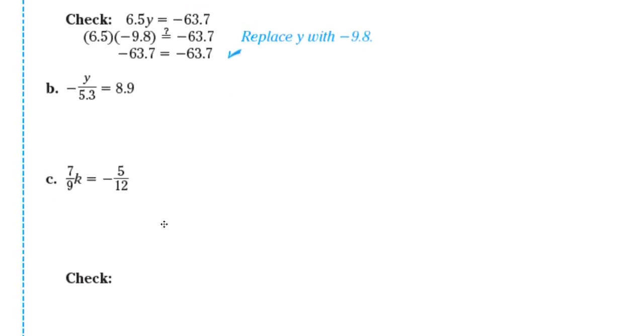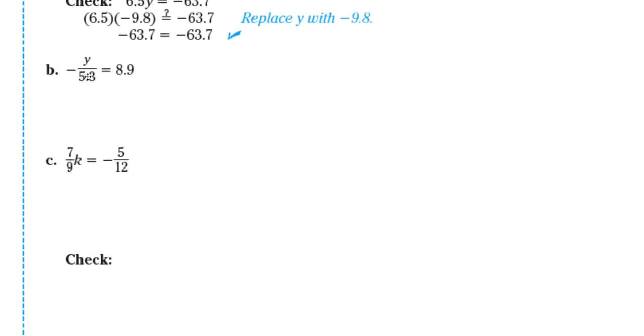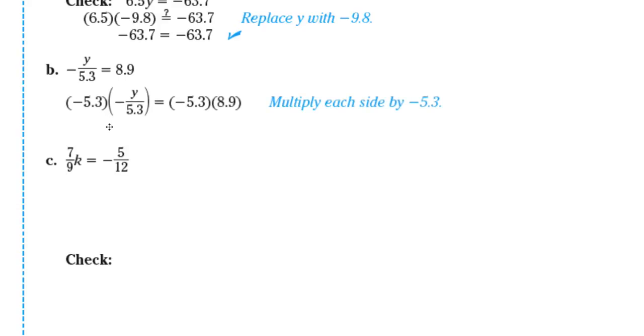Let's take a look at B. Negative y over 5.3 equals 8.9. Remember that negative y over 5.3 is a division operation. That means we need to undo the division by negative 5.3. Since it's division, we multiply both sides by negative 5.3, so that the coefficient of y will be equal to 1. Multiplying both sides by negative 5.3, a negative times a positive will always be a negative. So y equals negative